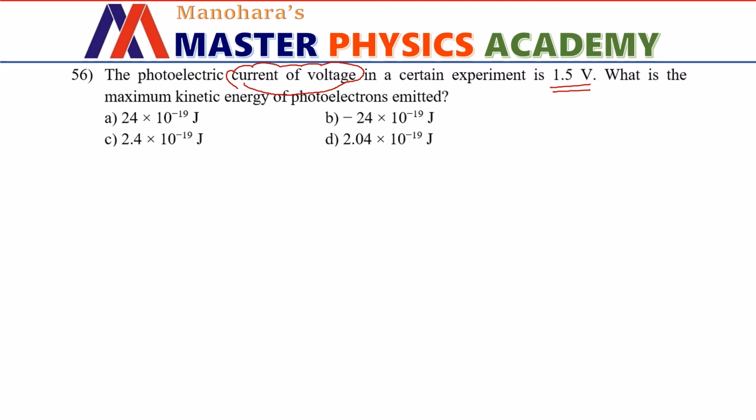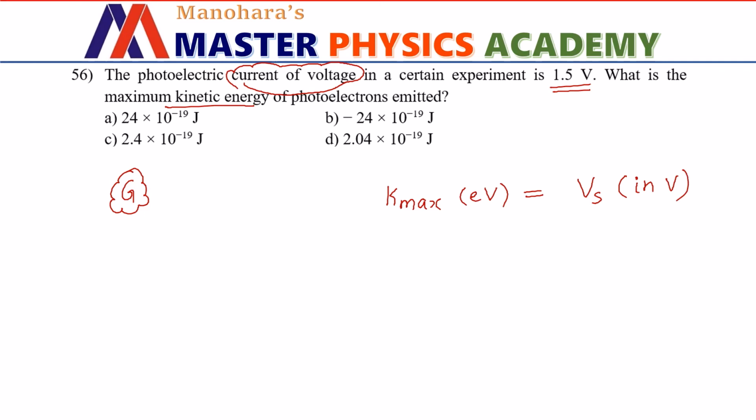Just to make sure that we learn one more concept, I'm doing this, but sincerely speaking, there should be grace marks for this question. So I'm going to change the question just to get some answer. We will think of this as the stopping potential and we will solve for maximum kinetic energy. So kinetic energy maximum in terms of electron volt will be equal to the stopping potential in volts.